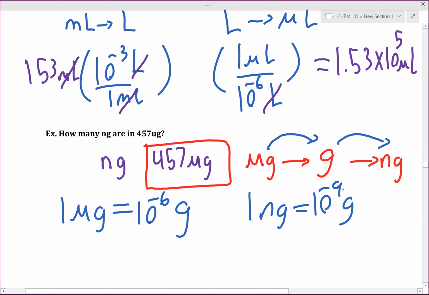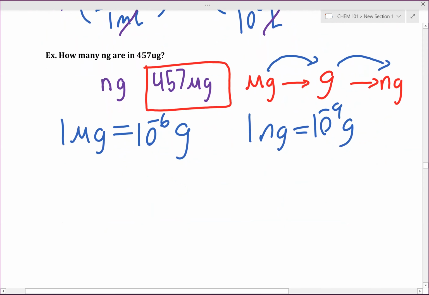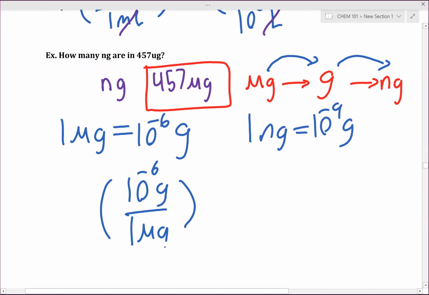Good, good. Okay. So in our next step, we're going to generate a valid ratio of these 2 units known as a conversion factor. So in this case, if we're going from micrograms to grams, what units need to be on top? Grams, exactly. So we have 10 to the negative 6 gram. Remember, the power of 10 always stays with the base per 1 microgram.